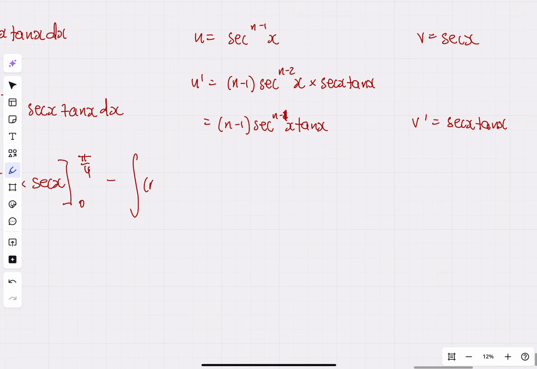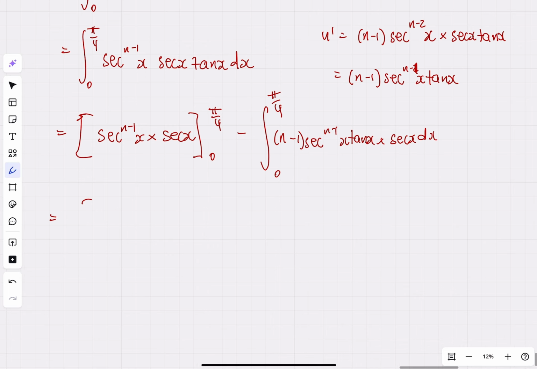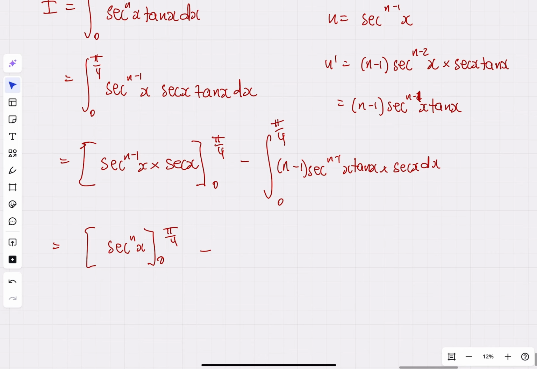So n minus 1 lots of sec to the n minus 1 x tan x multiplied by sec x dx, and our bounds don't change. So we're going to have here sec to the n x evaluated from 0 to pi over 4 minus